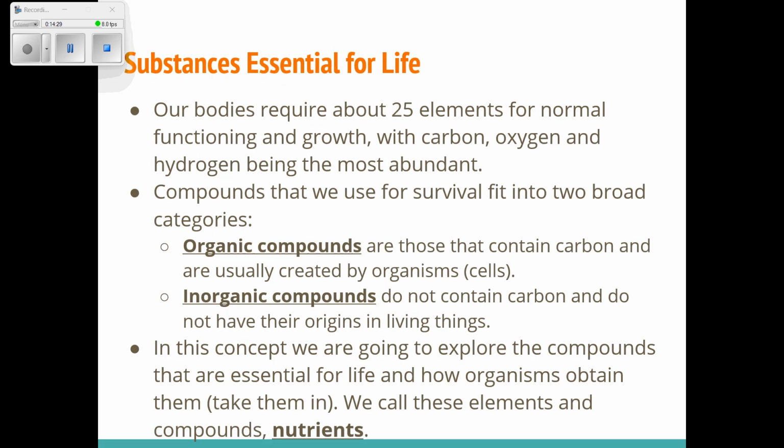So let's look at our bodies. Our bodies require 25 elements for normal functioning and growth. So if you look at the periodic table, we need 25 of those in order to survive. Carbon, oxygen, and hydrogen are the most abundant. Compounds that we use for survival fit into 2 broad categories. So the first one is